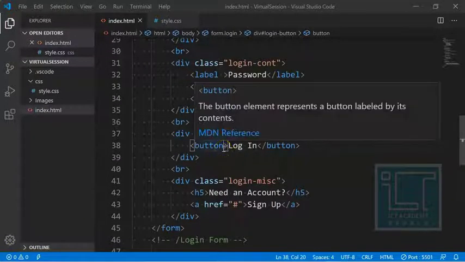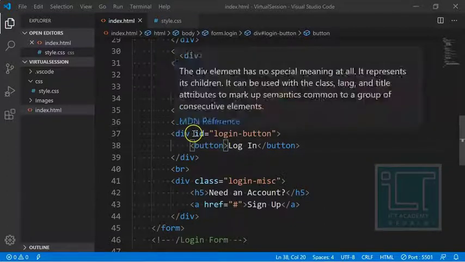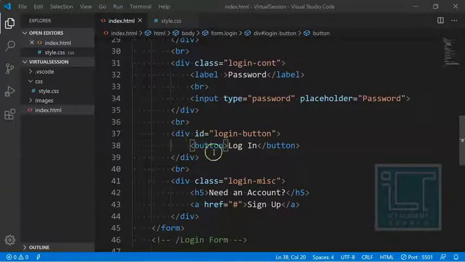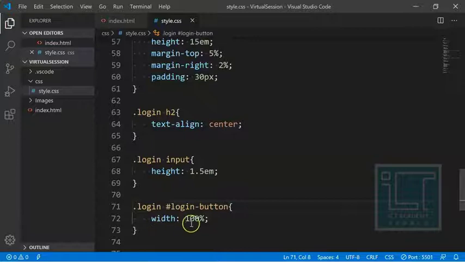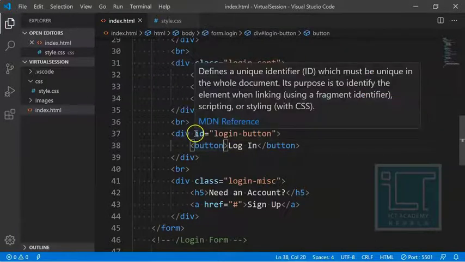Okay, I found it. The error was that we have given this ID for the div only, but actually what we want to change is the button's width and height. So if we want to change the button directly, we need to give the ID for the button and not for the div.